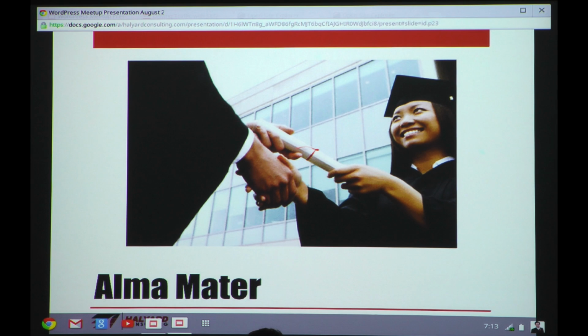Alma mater. So congratulations, you graduated, you're unemployed, and you owe a lot of money. But the great thing about the alma mater is that it's a .edu. So hopefully your profile that they allowed you to set up when you were in school, depending upon the college that you went to, they'll keep it up for you, and you get to modify it throughout the ages. And if they have those profiles on their main website, then the power of that website is going to help when you link in your profile back to your website.